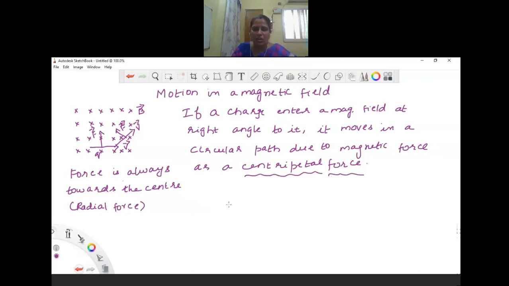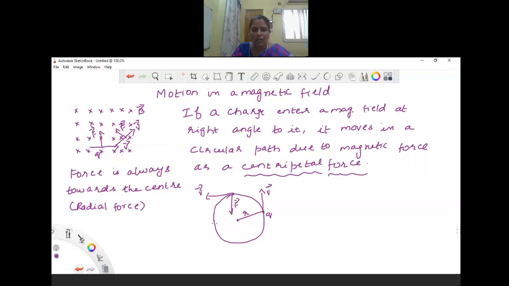Okay, so let me read out this diagram. If I narrow this arrow mark, as I told you, this is the charge. Just assume this is the charge, and this is along the radius. And this is the direction of the linear velocity. You can also draw the perpendicular line. Again here, this is the charge. If this is the velocity, then this will be the direction of the force. Similarly, you can draw everywhere.